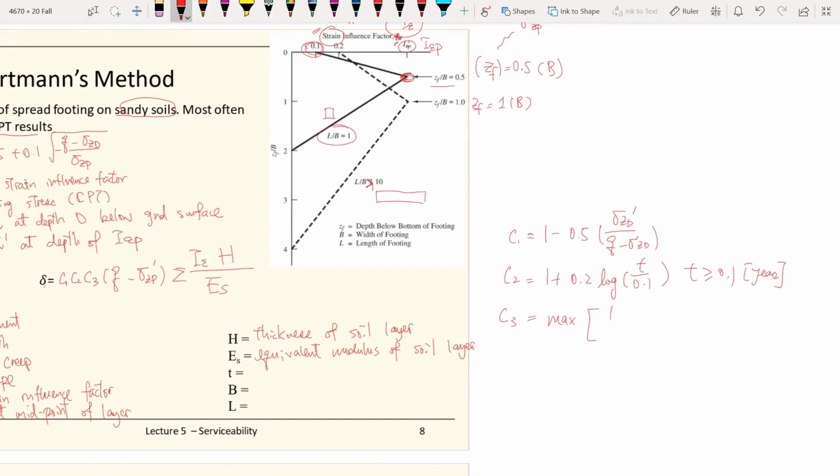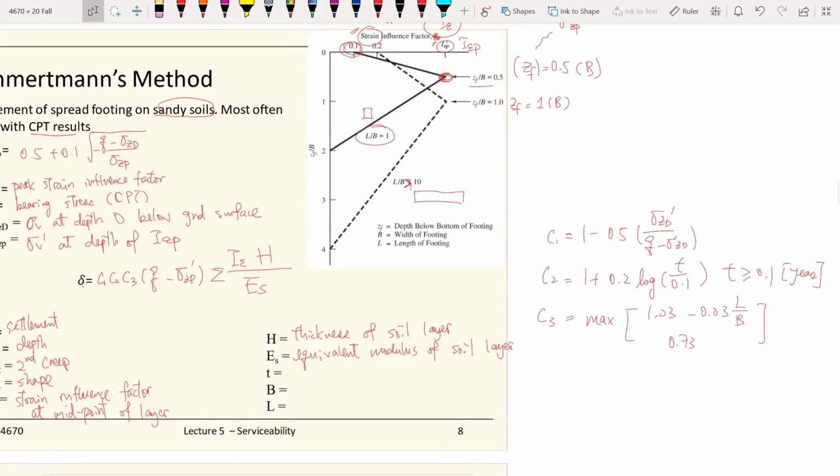So C3 is 1 minus 1.03 minus 0.C3 times this, and then all 7.373. So there's a cap over there. The shape factor now only depends on the length and the width of the foundations, and it's capped at 0.73. And on the C2, the T over here represents the time